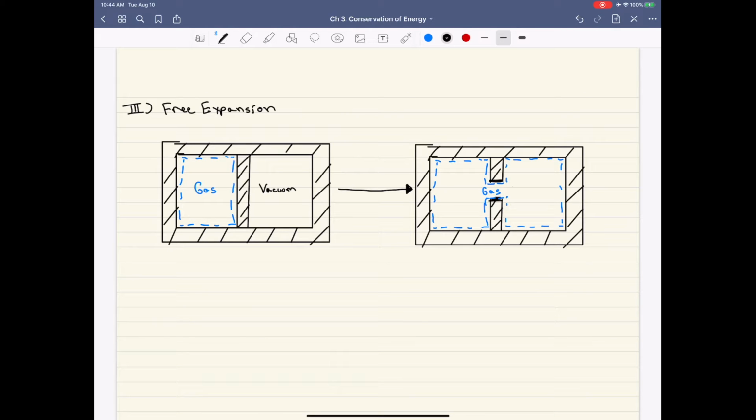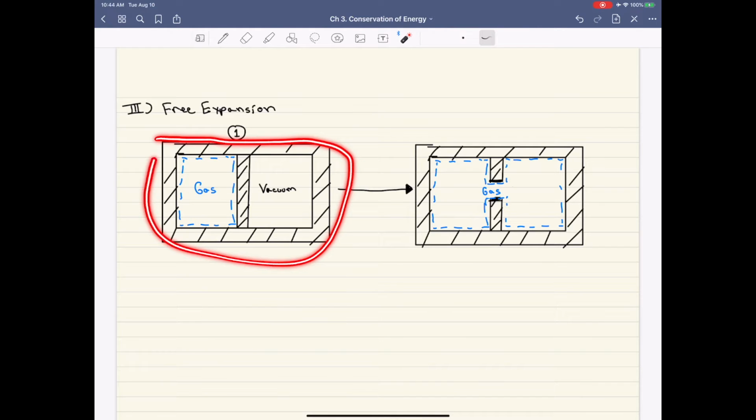So the last case I want to discuss deals with free expansion. This is going to be different from the first two cases because in this system we're not dealing with any sort of piston cylinder expansion or compression. Instead, the premise is that in the initial state we have some sort of system, it's adiabatic, and we have